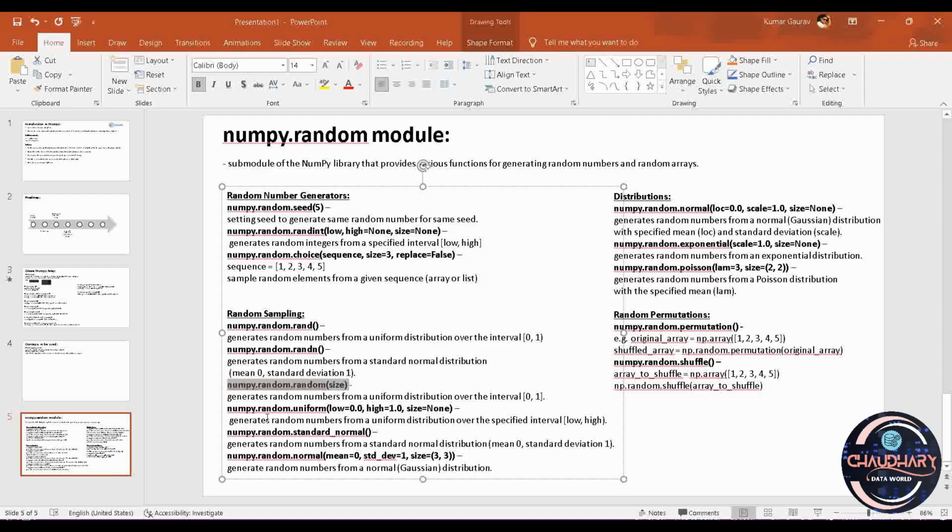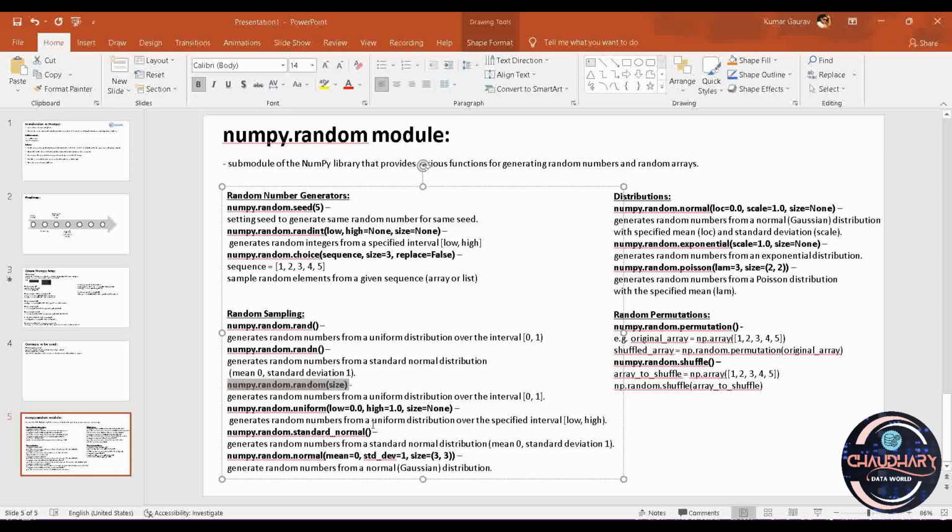Then we are having numpy.random.uniform, into which we are providing low and high and then size. So it will generate random numbers from a uniform distribution over the specified interval. The specified interval you are defining over here. Here it was all automatically defined. Here also it was automatically defined. And in random.random also, it was automatically defined. If you want to generate on a specified interval, you need to use numpy.random.uniform, into which you will provide